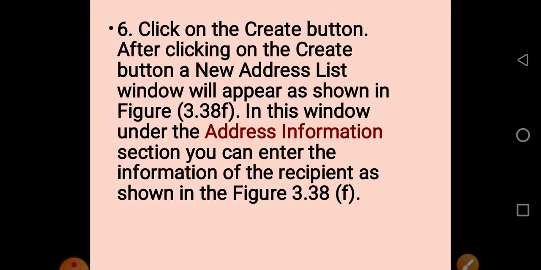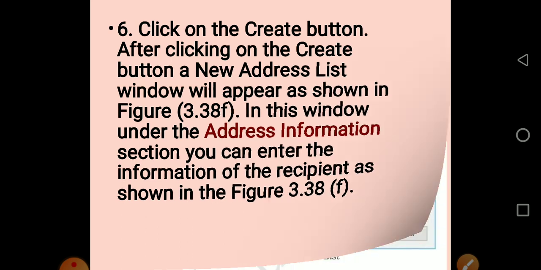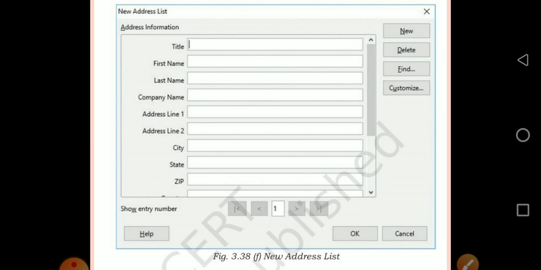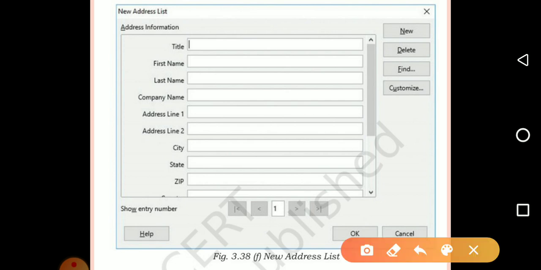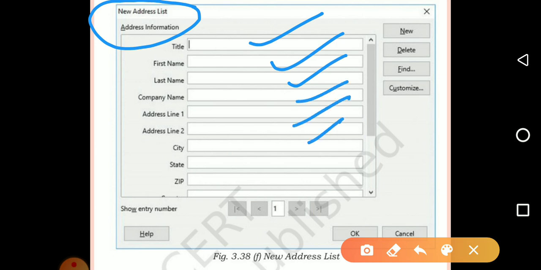Click on the create button. After clicking on the create button, a new address list window will appear as shown. This is the new address list window. Here there are different content features given. See here, title, first name, because you're going to type addresses, right?